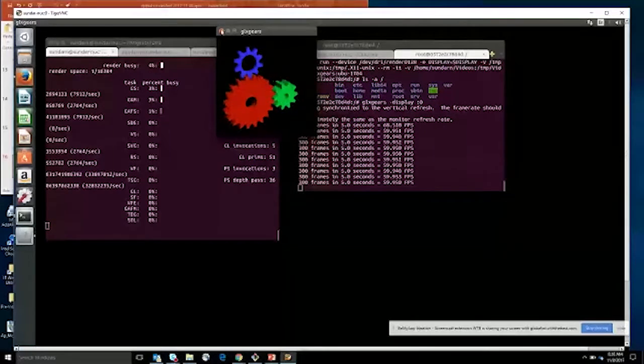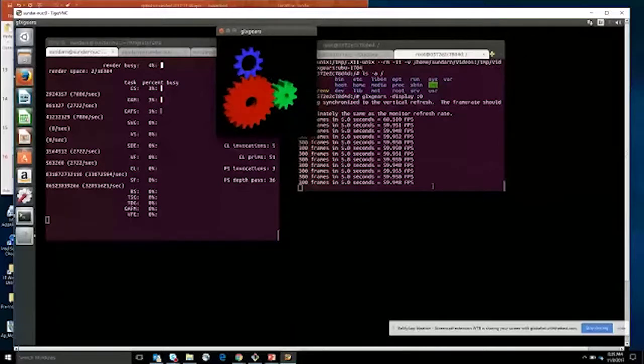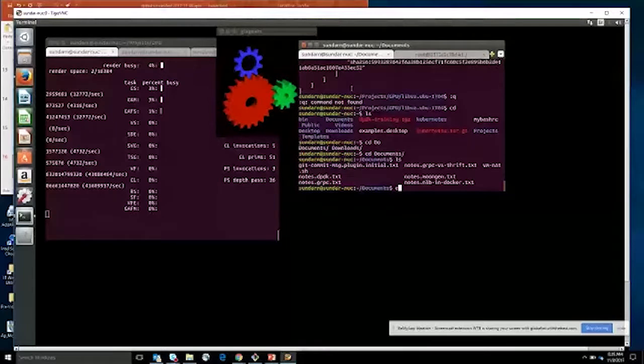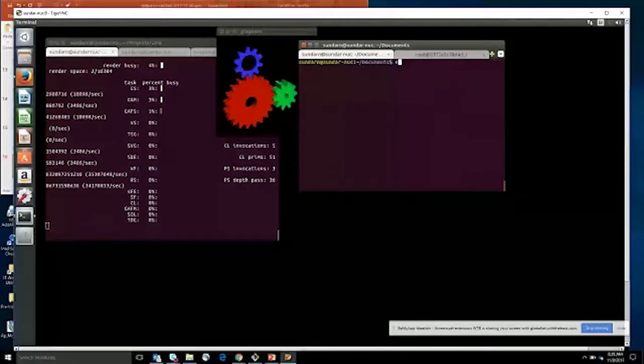If there is interest, I can go into that also. But right now, what we have shown is that here's GLX gears. And by the way, I could do the same thing maybe in a different